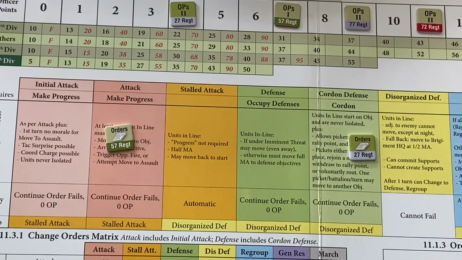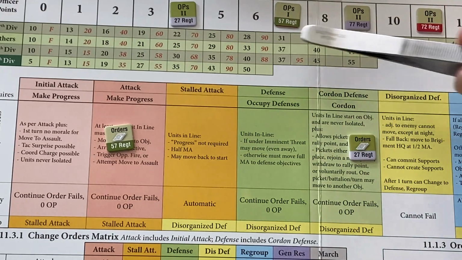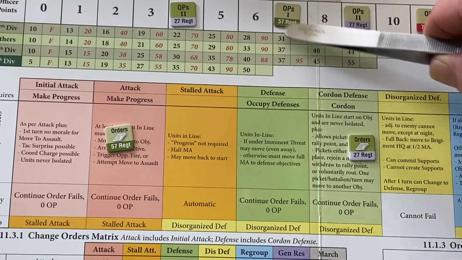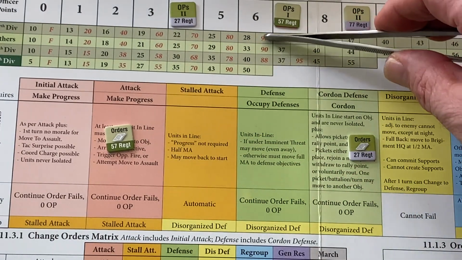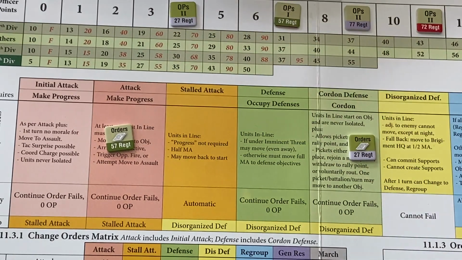So here we are on the army status display. Use the 57th Regiment, and to change orders it needs a 31. So you can see it's currently on attack. 30 to 1 is not great, and in fact it's probably going to start running out of officer points and failing. So if we look at